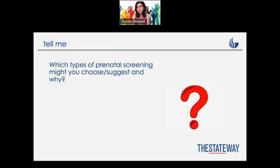By the end of this section, I want to ask you one question. I want you to think about which types of prenatal screening you might choose or suggest to someone. It's a very good question because it can give you an idea about yourself, about your partner, about your family member, and it can also help you understand